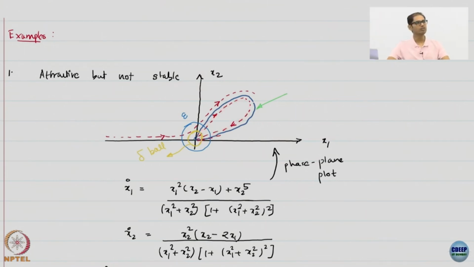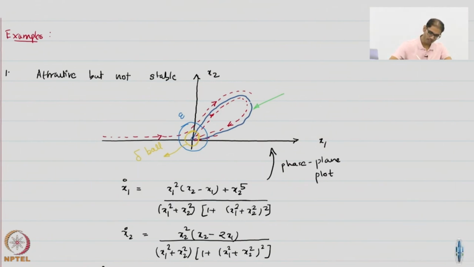So how do you make the phase plane plot? It is very standard in MATLAB, Python and so on. You basically give a bunch of initial conditions and you look at how those initial conditions evolve. So in this case, if you start an initial condition here, it will evolve along this like this. So you get an idea of what is a phase plane curve. In fact, in MATLAB you have standard functions which will directly make phase plane by automatically randomly initializing, and then they will just directly make the phase plane plot for you for several cases.